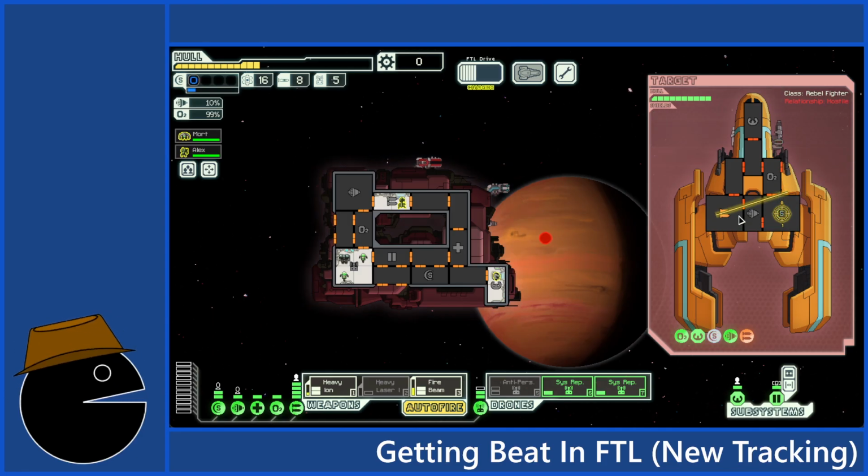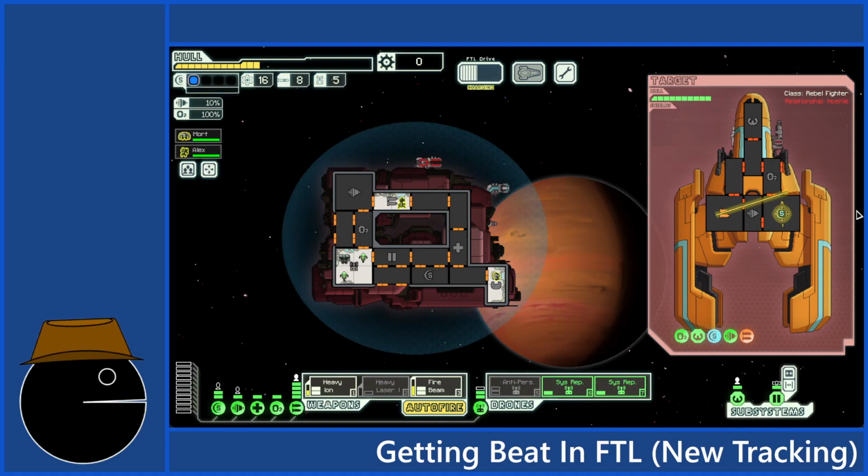You can tell because the weapons are now somewhat damaged, as are the engines and the oxygen. My goal here is to just let the fires rage all across the ship.